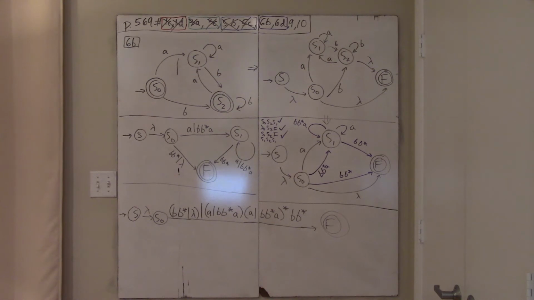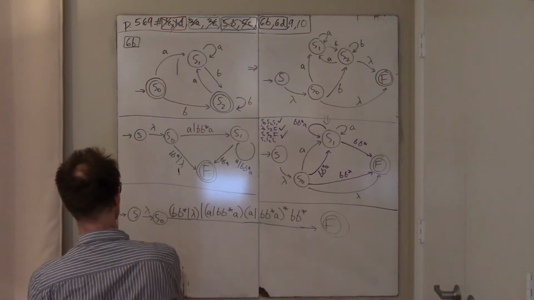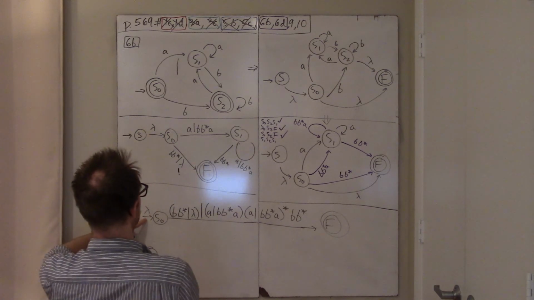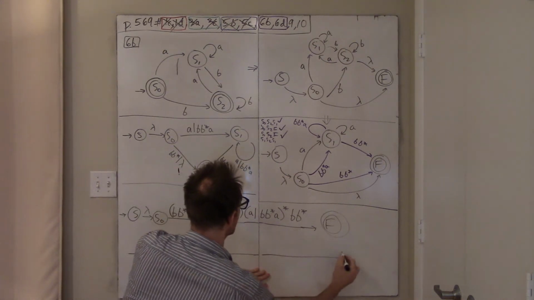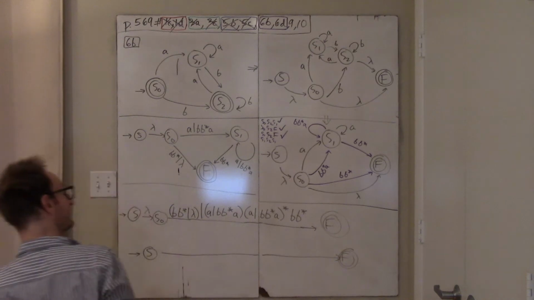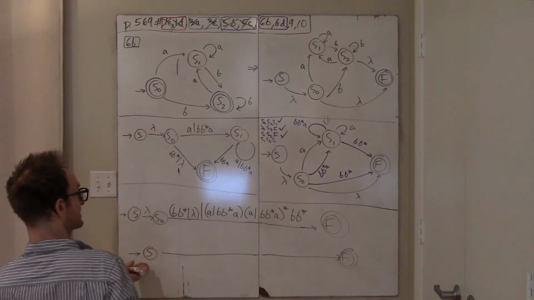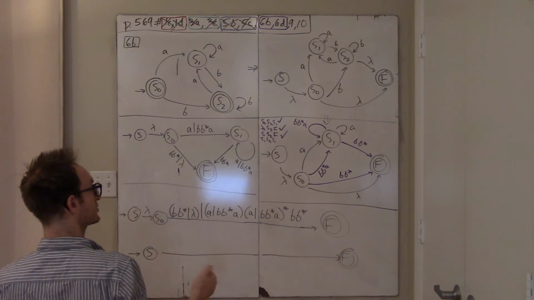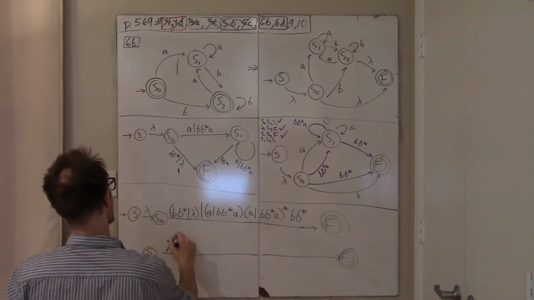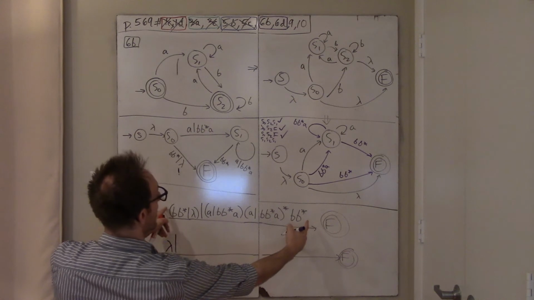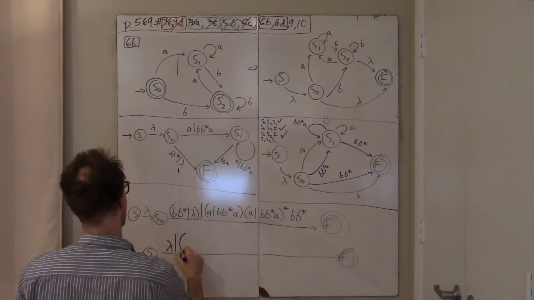But anyway, the final thing to do is to get rid of S naught, which is just going to throw in one last option, which is that the empty string should be accepted by this machine, which is clear intuitively. And so, way over here, I'm left with this kind of redundant machine with just a single start state and a single accept state. So the final answer for this regular expression is lambda, or, and then basically all of this, right? So I need another giant parenthesis